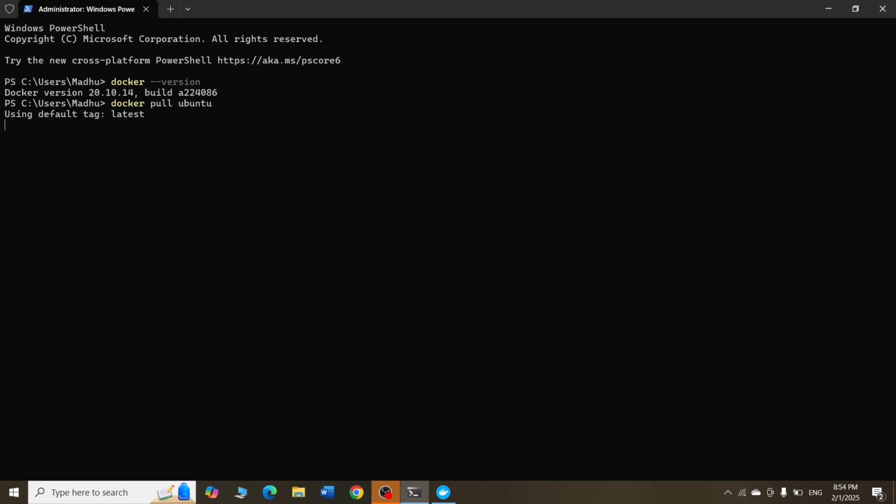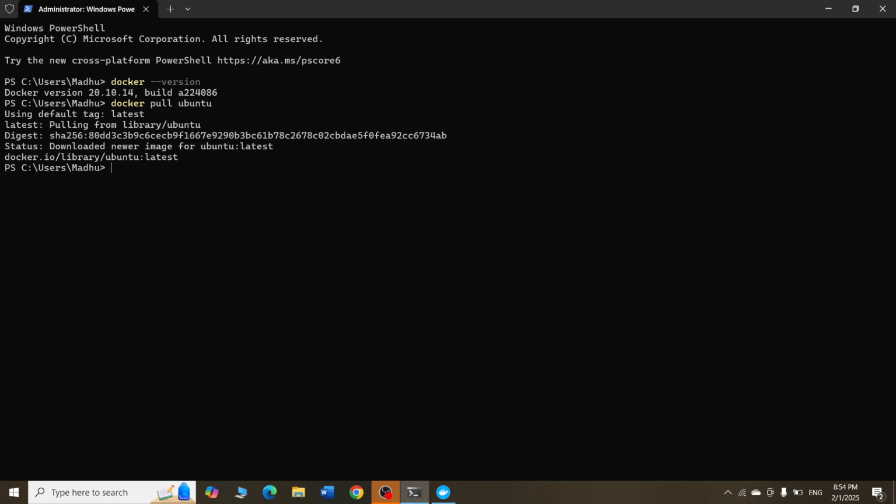What this command is actually doing is going to Docker Hub. Inside Docker Hub, you will have predefined images, or images that are stored by other developers. From there, it will pull whatever image you have asked for. Latest, in the sense that the latest version of that particular image will be pulled.